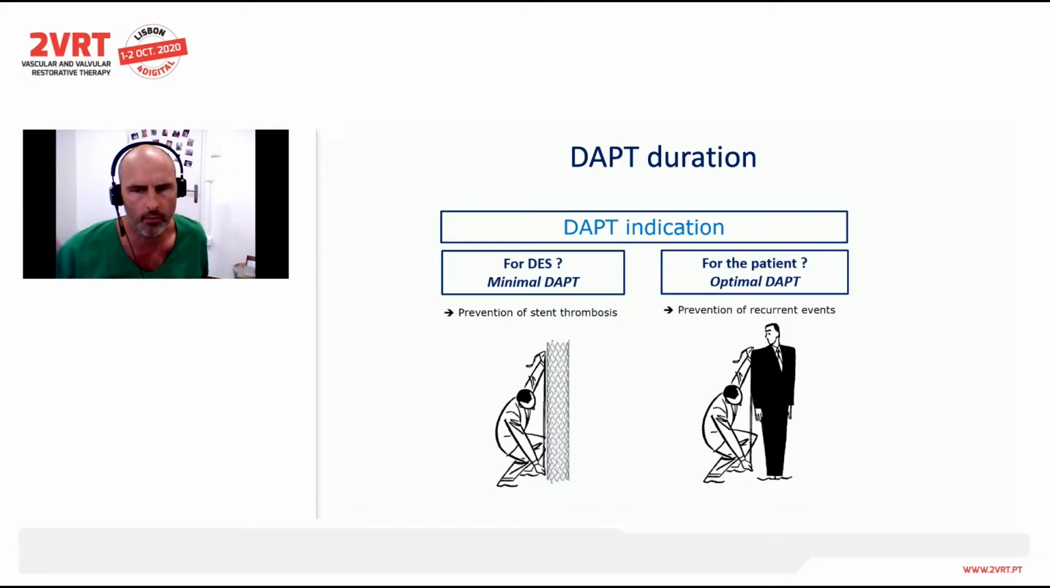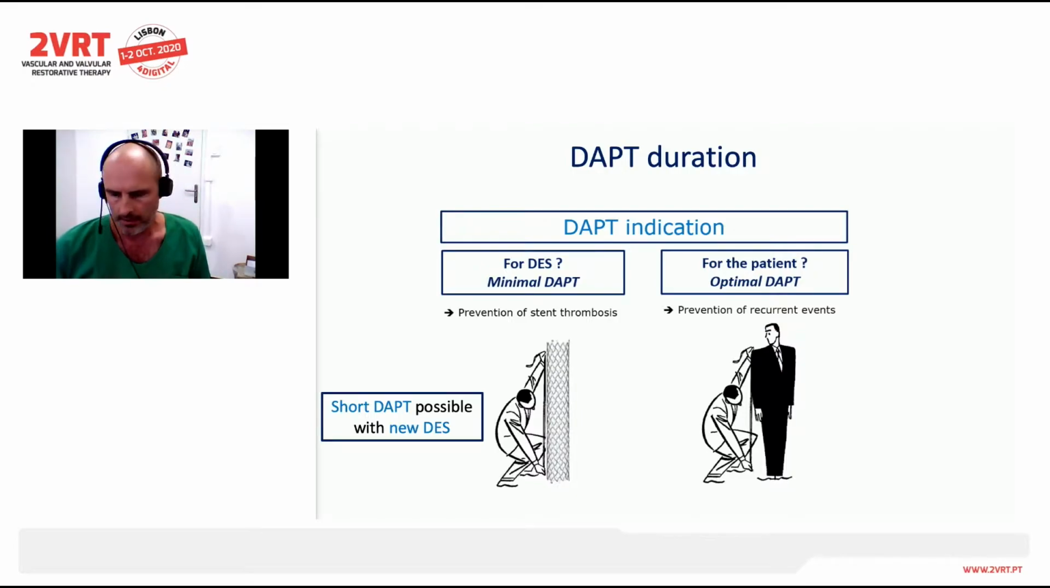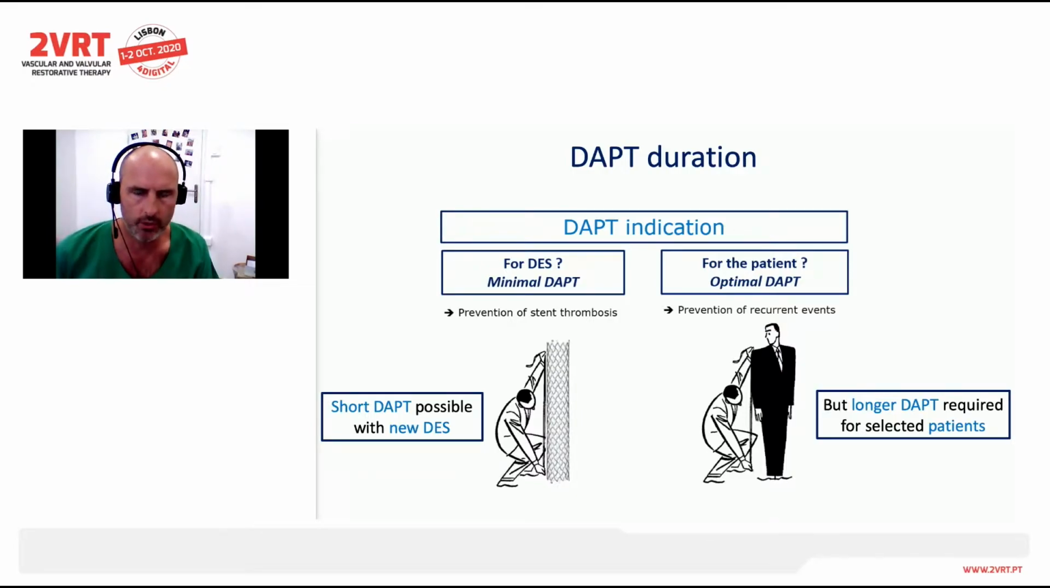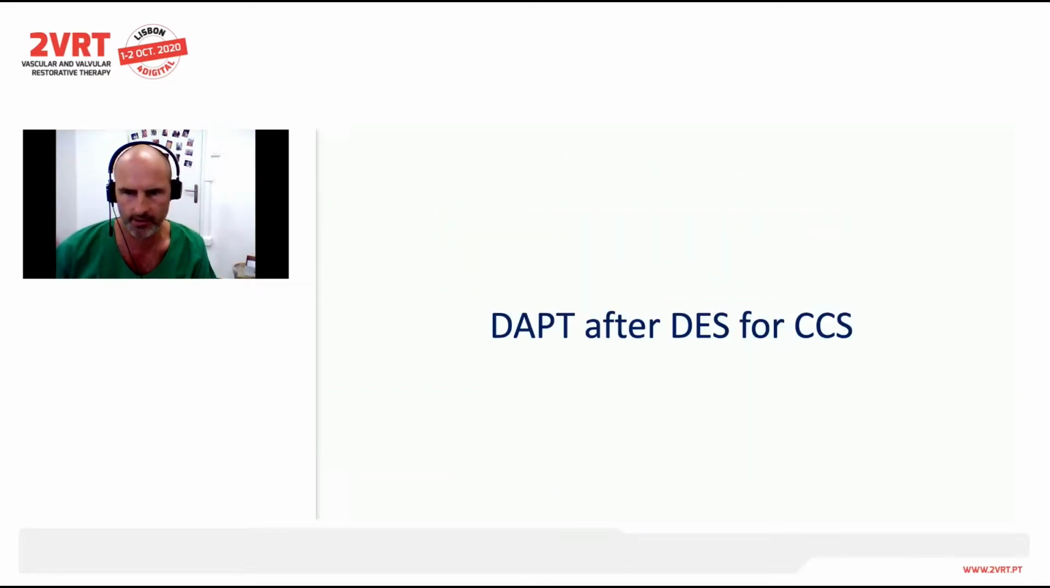And at the end, I think we have to see two different types of DAPT indication. The first one is for the stent, which is the minimal DAPT for the prevention of stent thrombosis. The second one will be the optimal DAPT for the secondary prevention and prevention of atherothrombotic events. So the short DAPT is possible with the newest stent, but still we might need longer DAPT for selected high-risk patients. So just after this brief introduction, I will just try to follow case by case